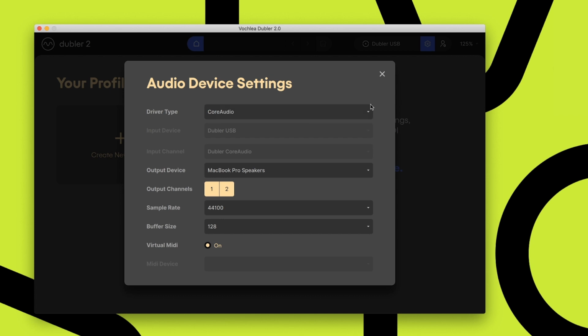One thing I do want to quickly point out though is that unlike in Doubler 1, we do have the option to have an output device. And that's because in Doubler 2, we have got some inbuilt audio synthesis and some inbuilt samples. So I'll come on to those a little bit later.